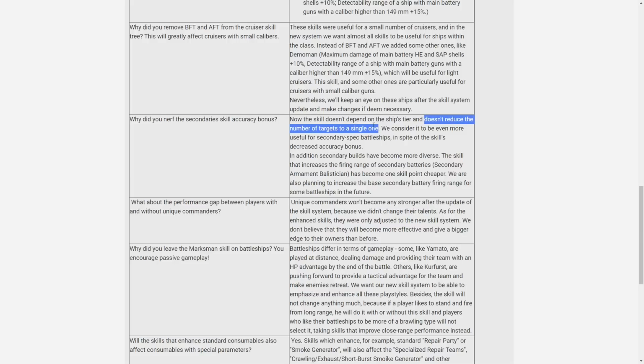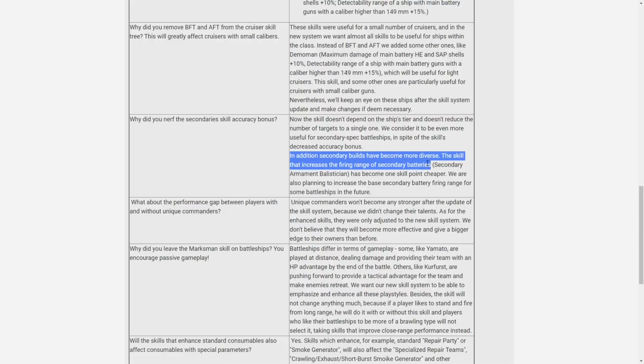If they had kept the same dispersion that they have today and allowed secondaries to fire on both sides of the ship, then that would be a clear buff. So that's kind of my read on this. They also mentioned here that secondary builds have become more diverse. The skill that increases the firing range of the secondary batteries has become 1 point cheaper, so you don't have to take AFT. It's now a different level 3 skill to get that. And then they also mentioned here that